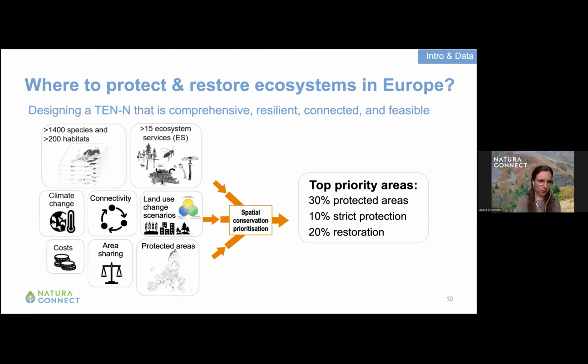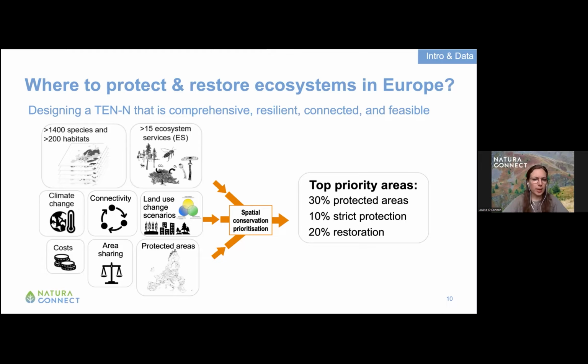So the 30%, for example, could be achieved for every country as well as at the European level. And of course, we also consider existing protected areas. Then we integrate this in the spatial conservation prioritization, and we identify top priority areas in line with the EU biodiversity strategy's targets: 30% of European land for conservation, 10% for strict protection, and 20% for restoration.